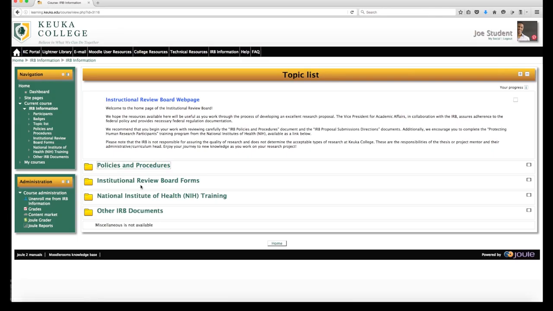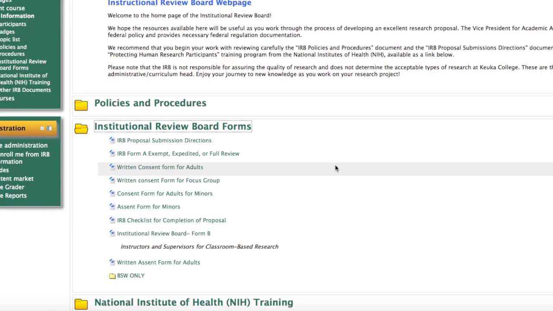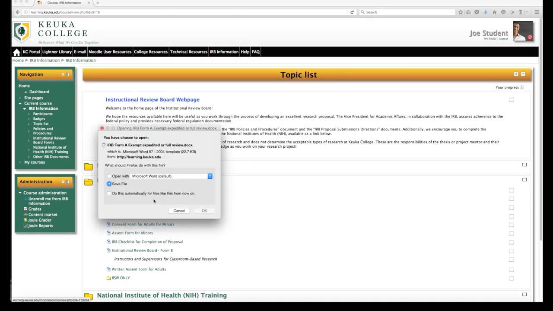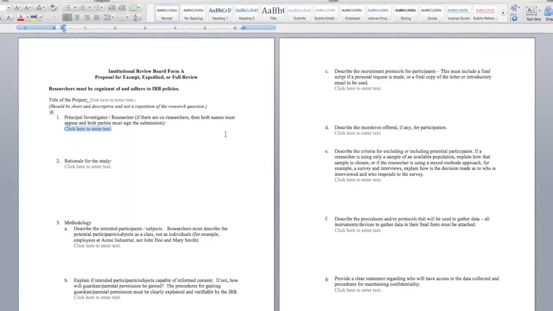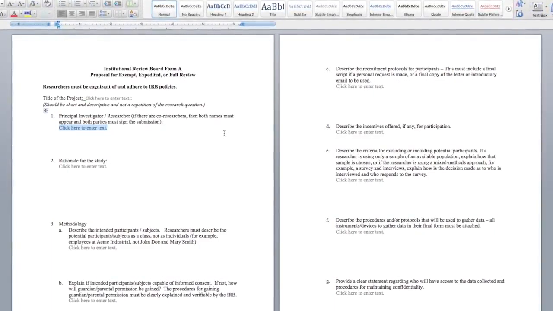Select the Institutional Review Board forms. In this folder, you'll see several documents. The first one you'll want to take a look at is the IRB Form A, Exempt, Expedited, or Full Review. You'll need to save this form to your computer in order to open it and edit it. Once you save the Institutional Review Board Form A to your computer, simply go through the form and fill it